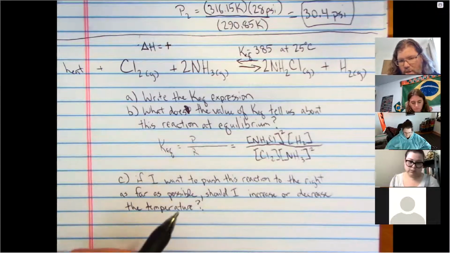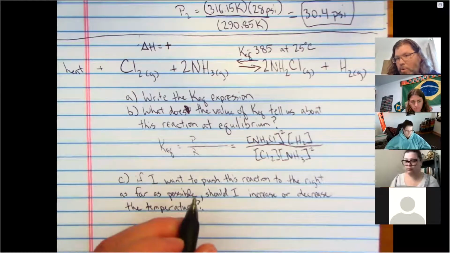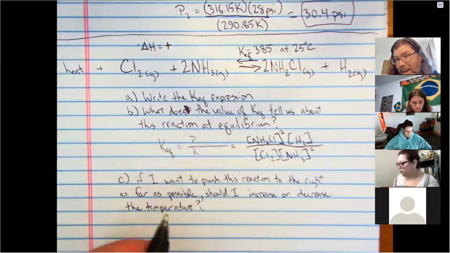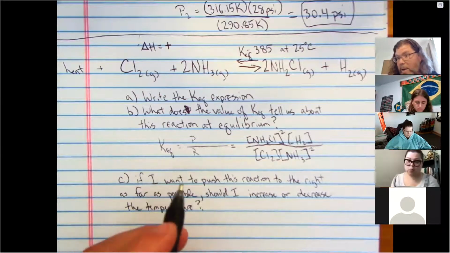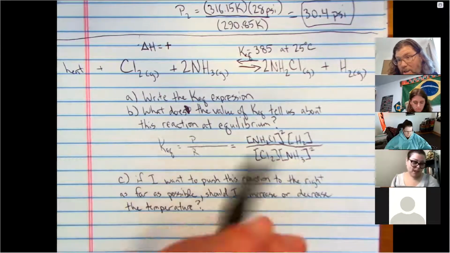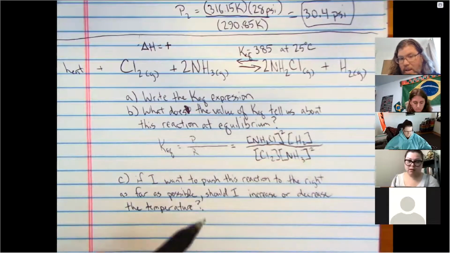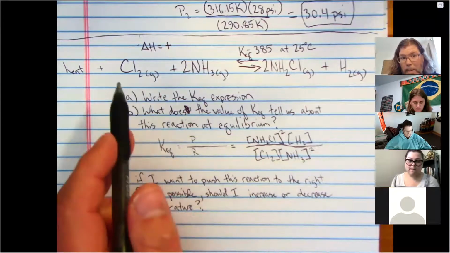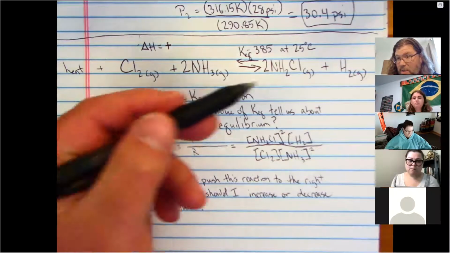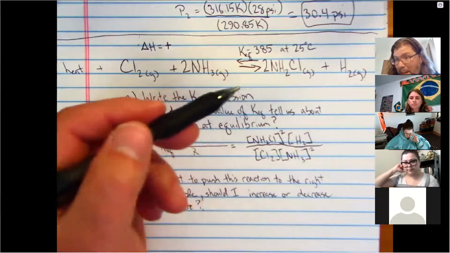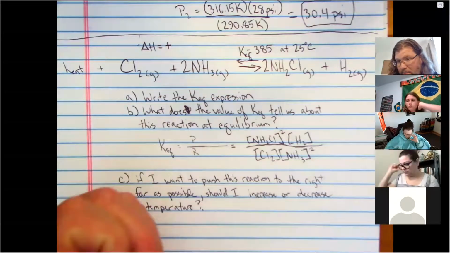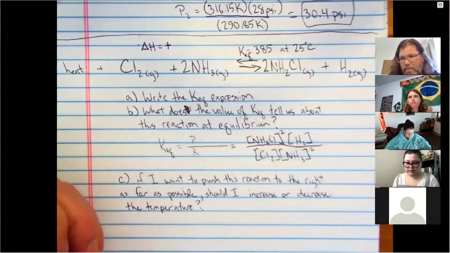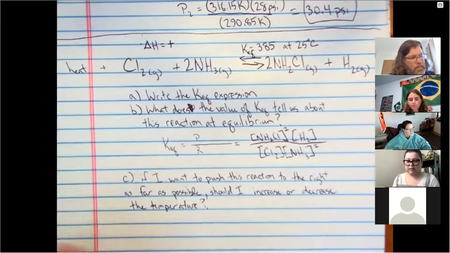So this is a great question because it's about more than just thinking through how the reaction is going to respond. It's about anticipating how the reaction is going to respond and using that to push the reaction in one way or the other, right? So if we wanted to push this reaction to the right, the way to do that is by putting more heat in because the reaction will respond by getting rid of heat by making more products. Does that make sense to everybody? Yes.